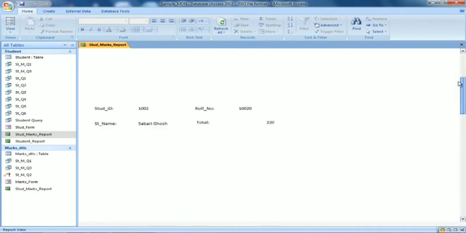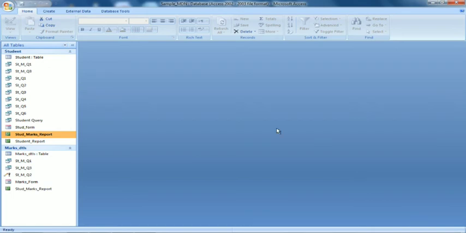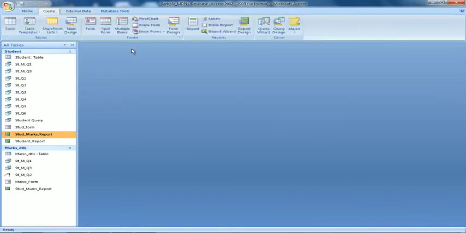So this is another view of the report where I have arranged it accordingly, and I have removed some of the columns with their values and only a few selected columns I have taken and placed on the report. So this is how a report is created. Let me close this. So again I go back to create.